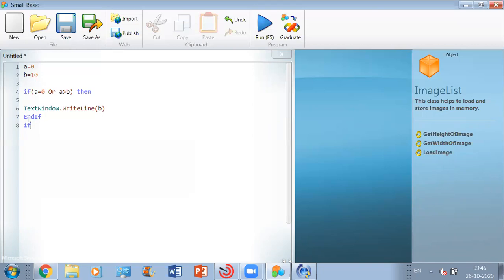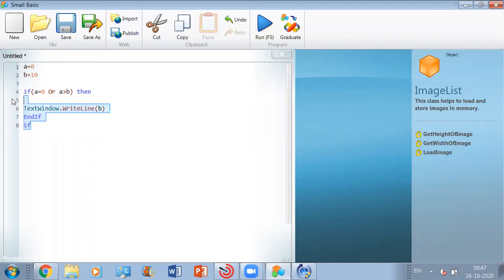Now remember this thing. Small Basic uses 14 keywords. It's given on page number 114, on the third line of the first paragraph. Just underline that line. Small Basic uses 14 keywords and you have to learn any 5 of these 14. You have to learn at least 5 of these 14 which are given in your book. Is this thing clear to every one of you? Yes, sir. Great. Now let's come to statements.